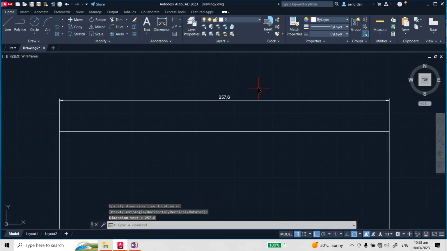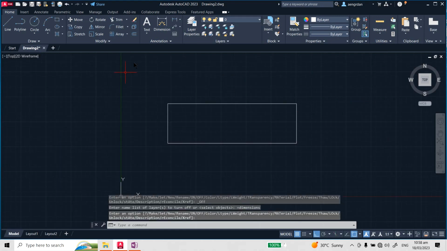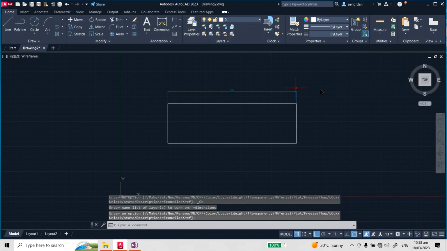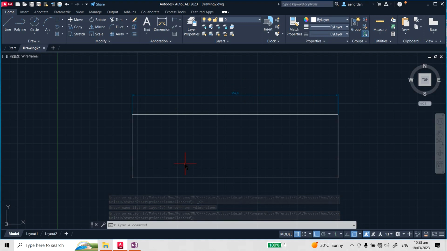the dimensions right here, and change this to this layer. If I want to turn the dimensions off, I can just simply click this. So turn a layer on or off. If I click that, then that layer is actually not visible to us because it's turned off. So I can turn that on and off,